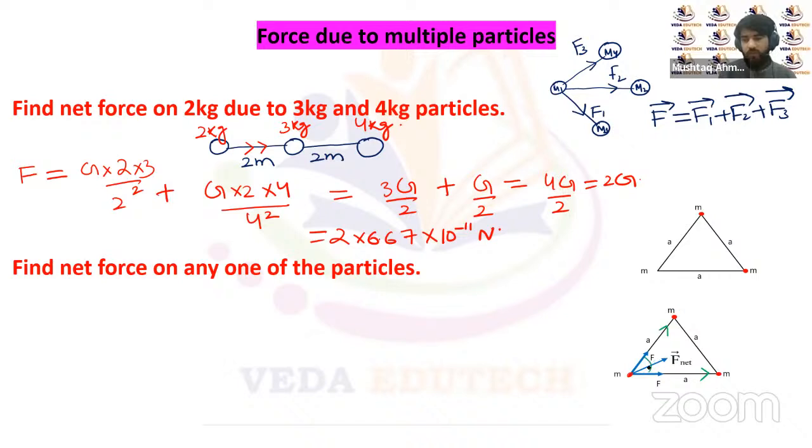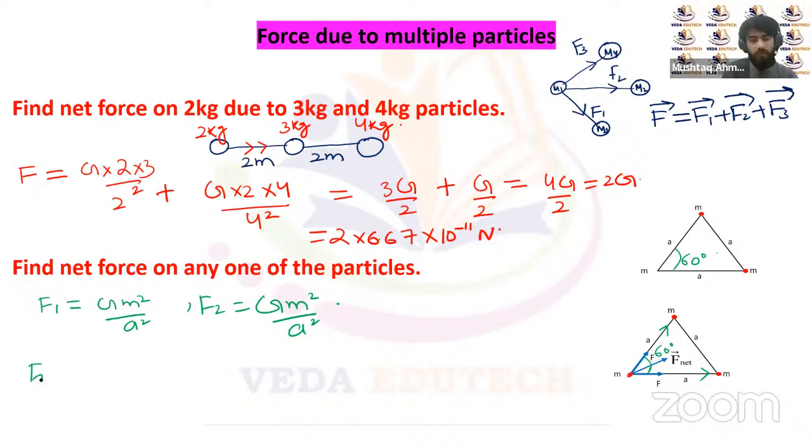And we can see that both forces are actually at an angle of 60 degrees because it's an equilateral triangle. So the net force will be, let's suppose F1 is equal to G times M1, M2, that's Gm square upon A square, and F2 is also equal to Gm square upon A square. So the net force will be equal to under root of Gm square upon A square whole square, plus Gm square upon A square whole square,